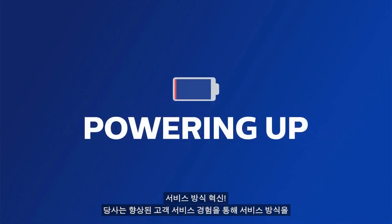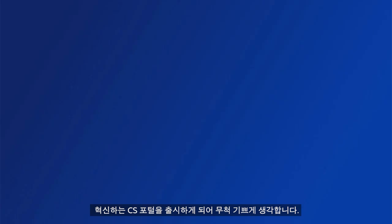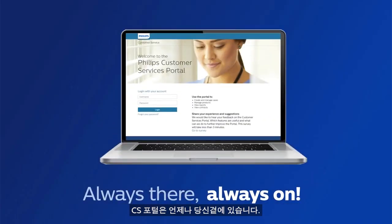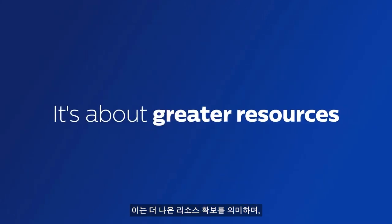We are excited to announce that we're powering up the way we serve you by providing an elevated customer service experience with our Customer Services Portal. Always there, always on, 24/7. It's about greater resources. Obviously, you can still count on us to be there when you need us through our